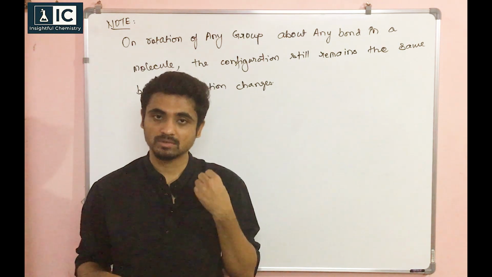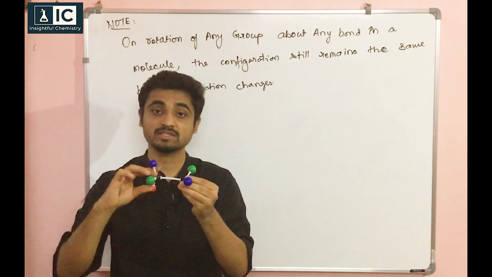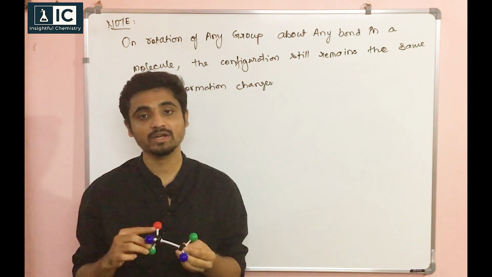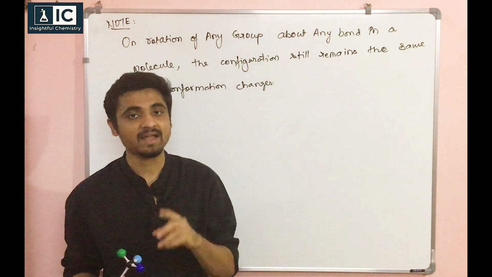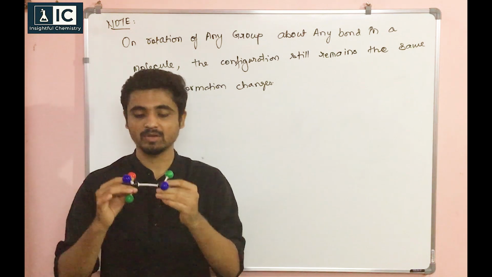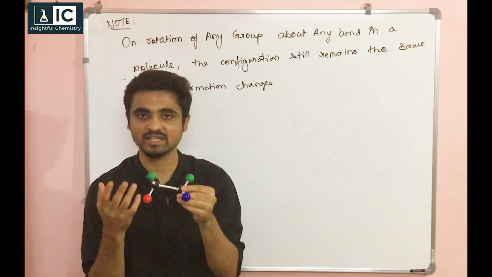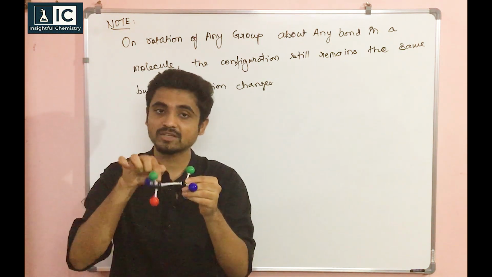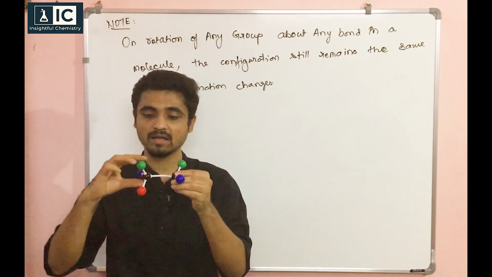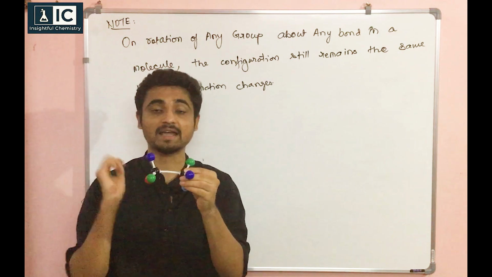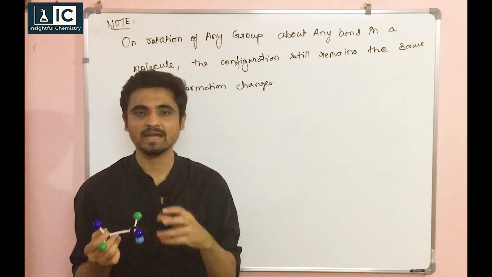But then one question will arise in your mind: sir, you are rotating this group, so you are changing the orientation. If you are changing the orientation, then how can you tell the compound is same? But that's not true. Why? Because if I just rotate this group, definitely orientation is changing, but the configuration of these two chiral carbons still remains same. If this is R and R, I will rotate this, and then again if I calculate, it is still going to remain R. So essentially I am not changing anything.